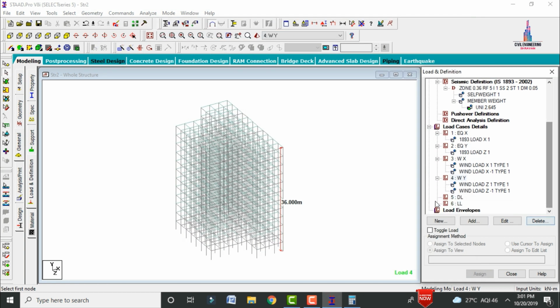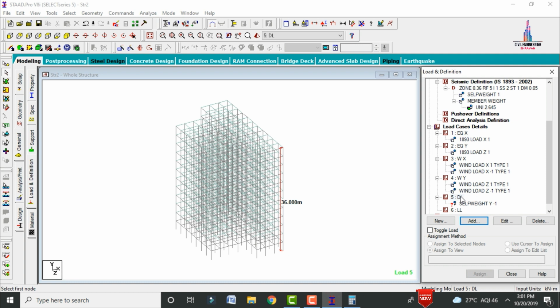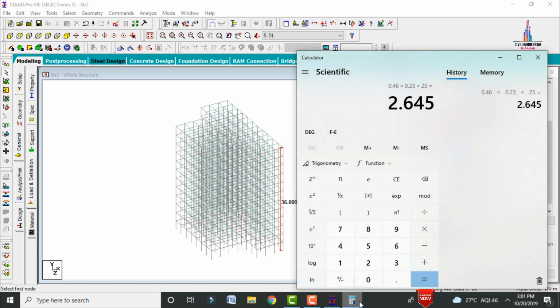So after that we have to select the dead load condition, click on add. So initially we will add the self-weight condition system here. So again we have to add the external wall load for this respective structure. So basically we will consider the external wall will be consisting of 0.23 multiplied by respective unit weight of the brickwork, which is 20, multiplied by each floor height, which gives 13.8 kilonewton per meter intensity.